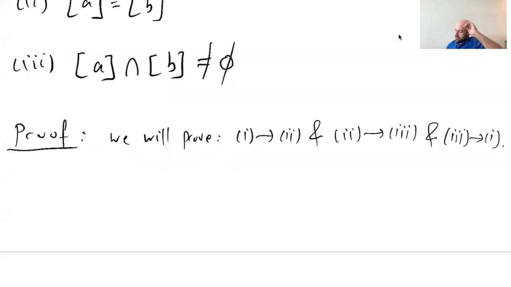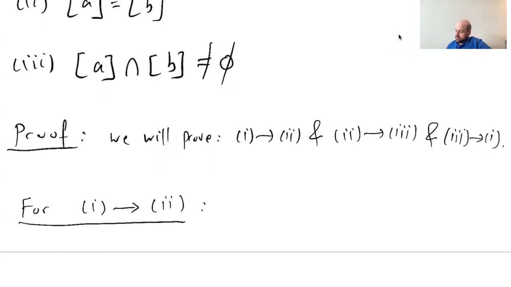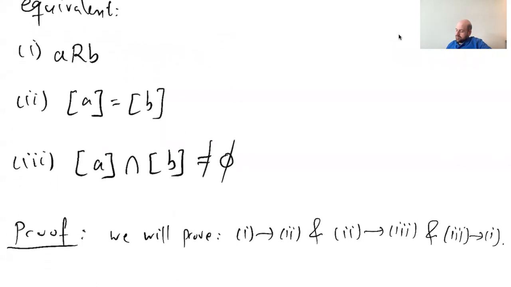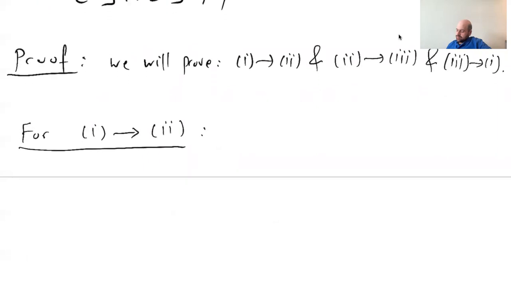So to prove 1 implies 2, we want to show if A is in relation with B, then the equivalence class of A is equal to the equivalence class of B. So suppose that